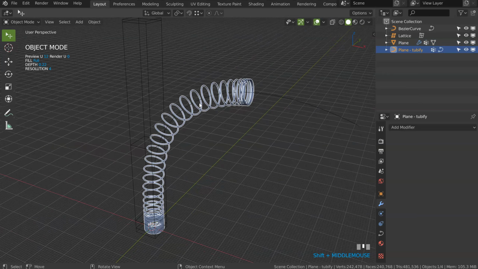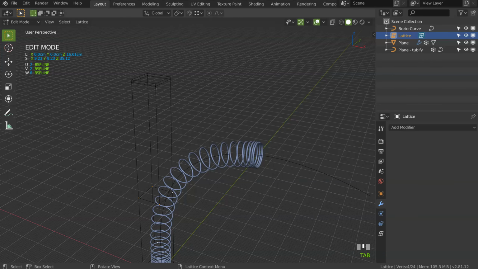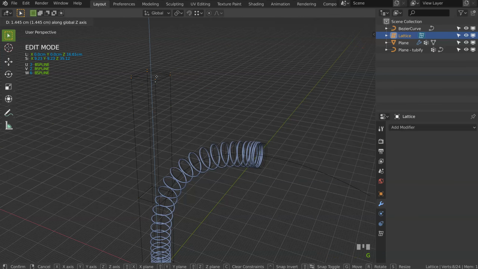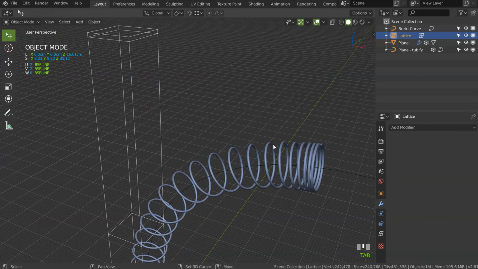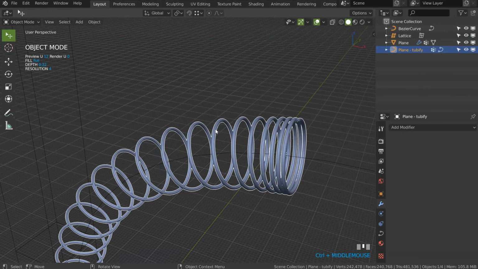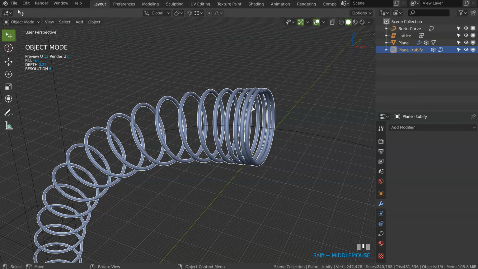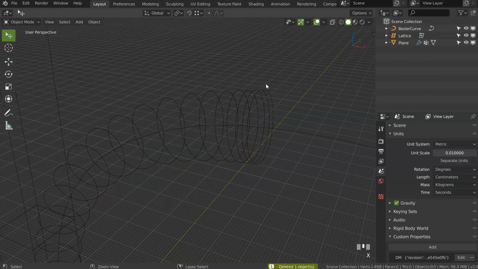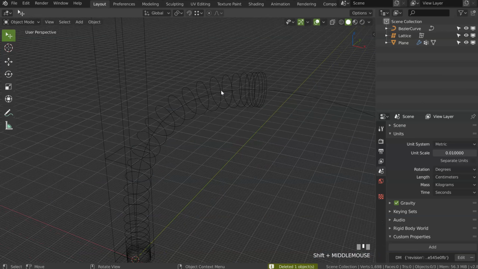But right now, if I edit this, I will just show you. If I edit this, that will not follow because I had to duplicate the curve, apply it, convert it, and after play with the tubify to have my result. So this is not a fully non-destructive workflow. You need to apply, etc.